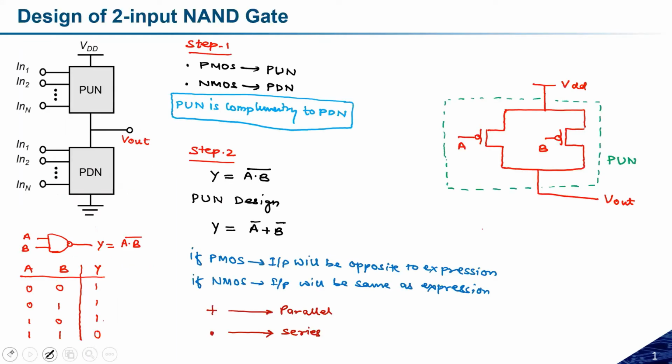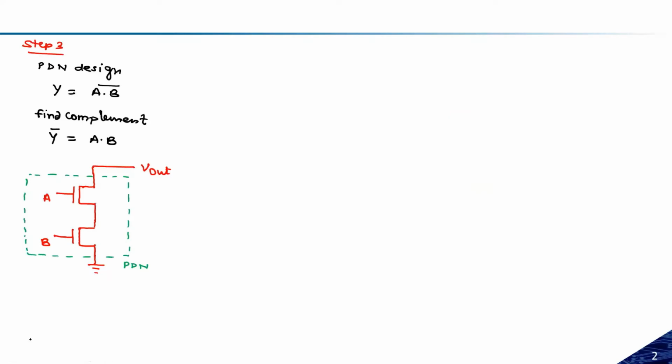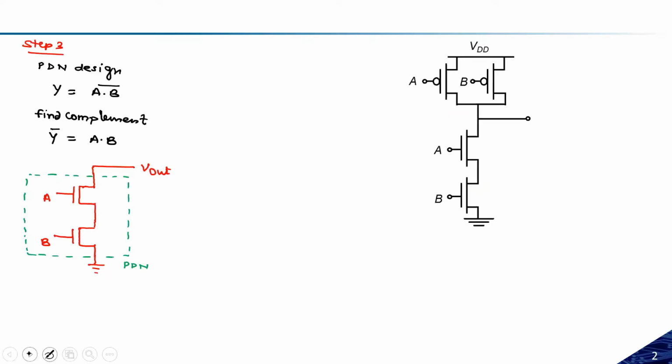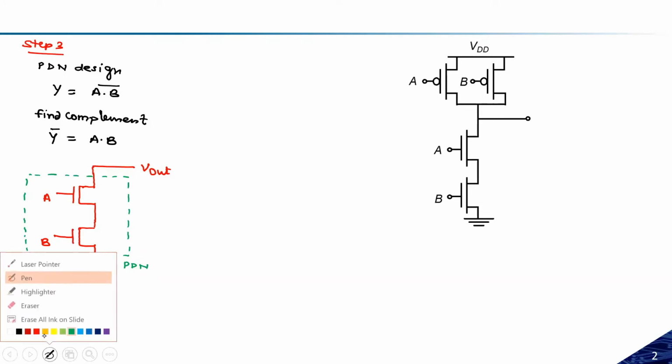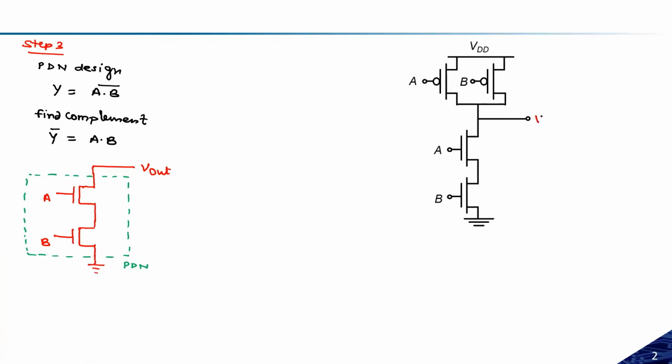In this slide, let us try to combine this pull up network and the pull down network to make the proper function. The pull up network is two PMOS transistors in parallel, and the pull down network is two NMOS transistors in series. After combining all these things, we will get a circuit something like this. The upper block is the pull up one, the lower one is the pull down one, and this is the V output.